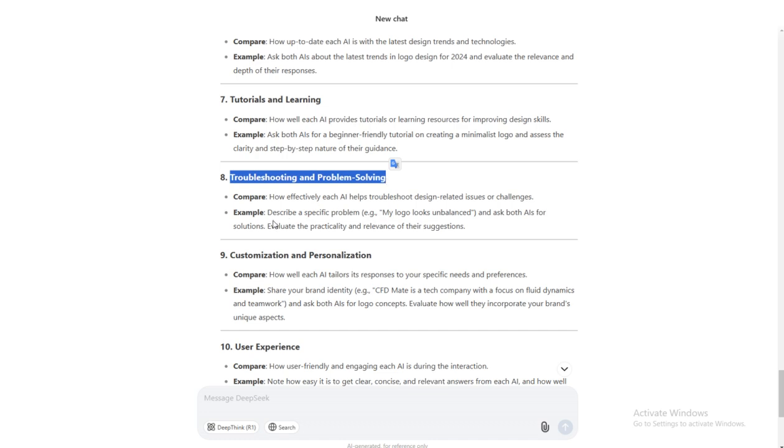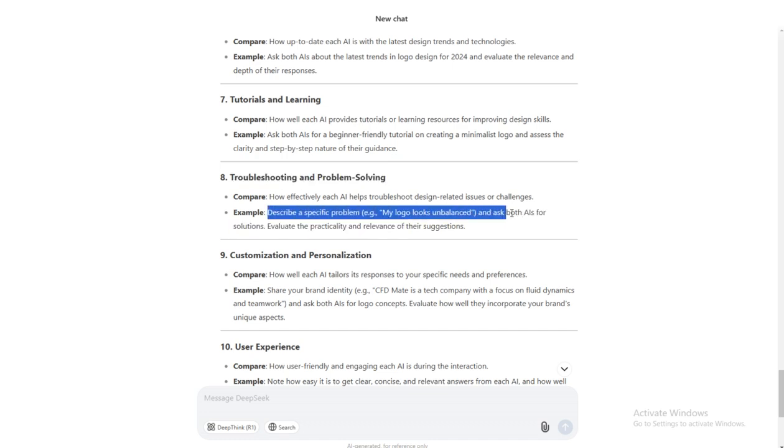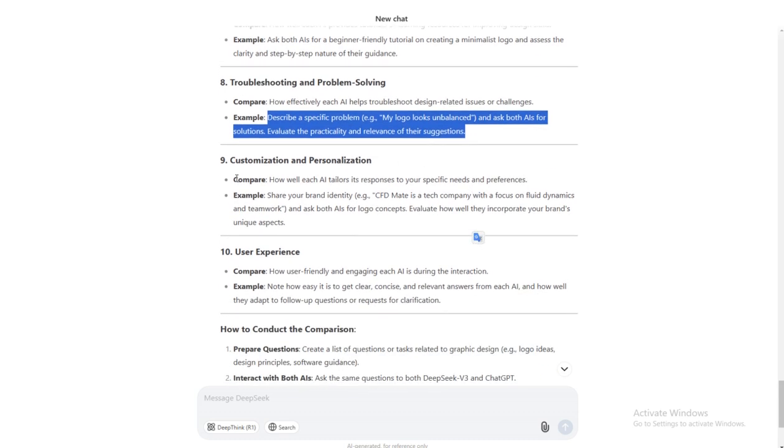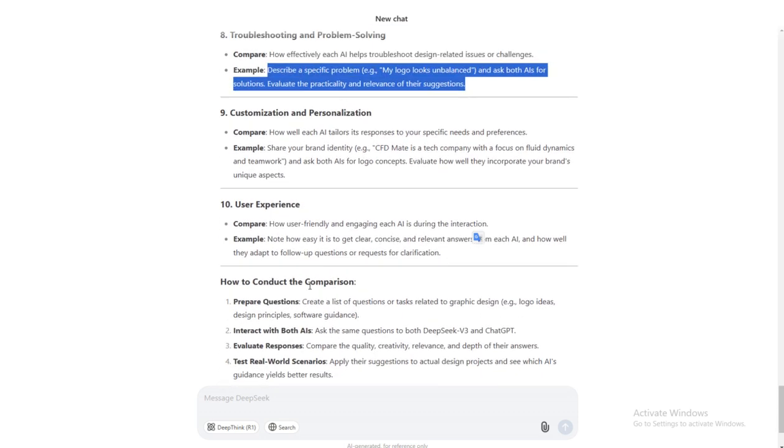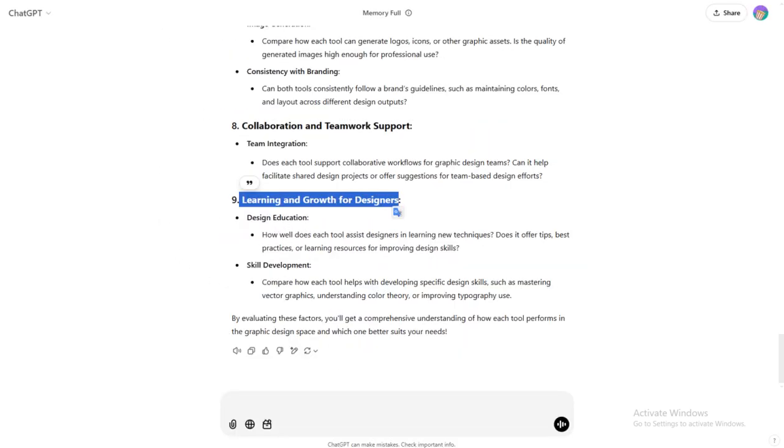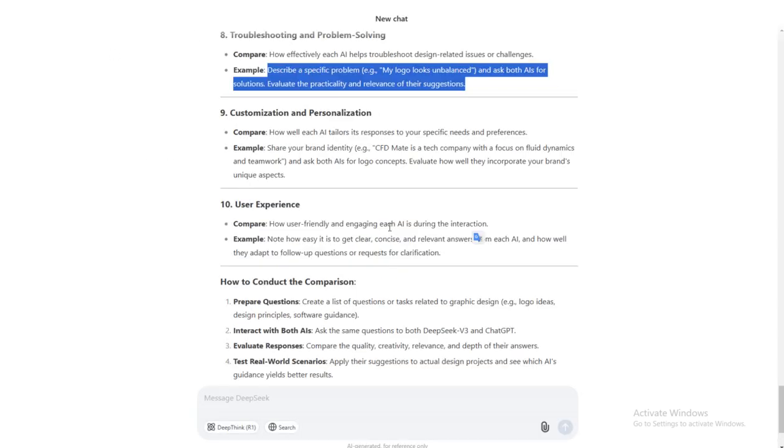But it has said to describe a specific problem, my logo, and ask both AIs for solutions. So for this, I would say ChatGPT has more capabilities. So now ChatGPT has 1 point, DeepSeek has 0 points.